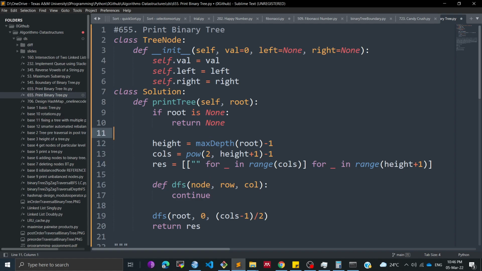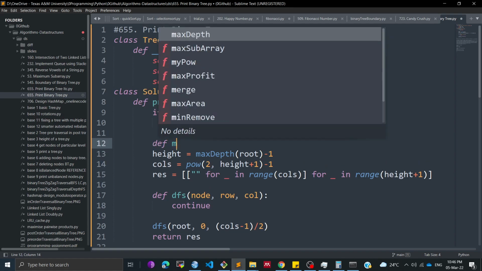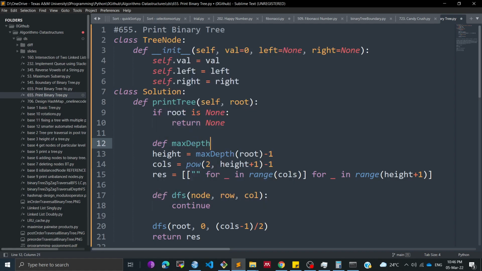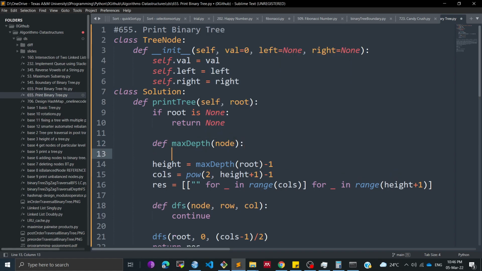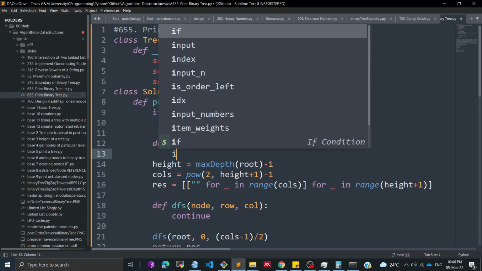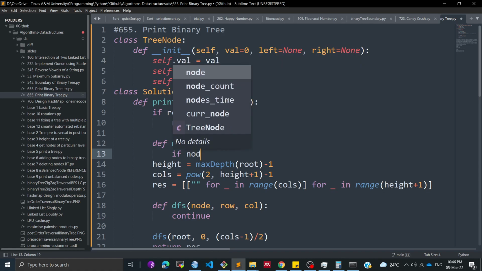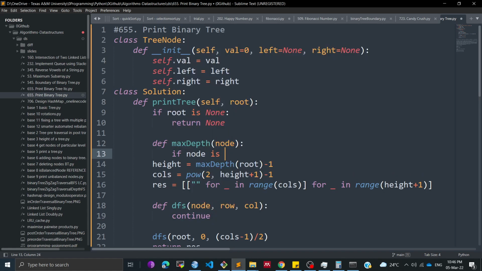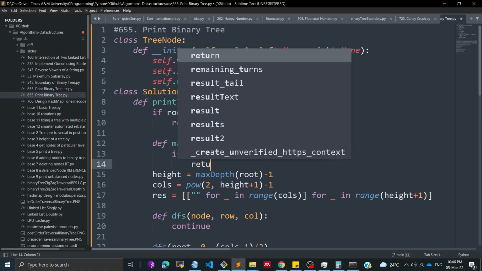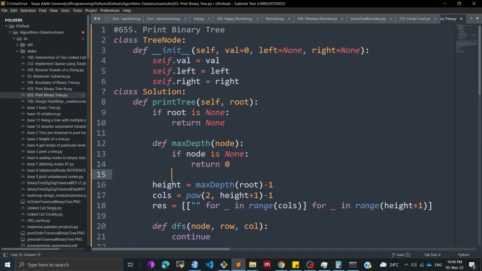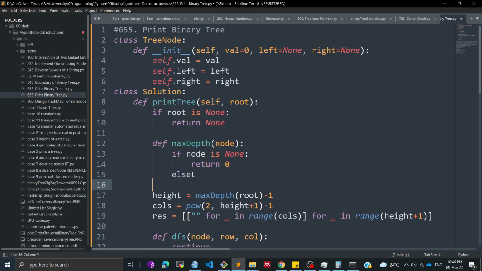And now we will be writing this particular function. Here there is also one user defined function which is called def of maximum depth of a particular node, right? Now we are basically calling these two functions. Now, if you think about it, if node is none, so this is a boundary condition, then return 0 as the maximum depth. Else, in other cases,